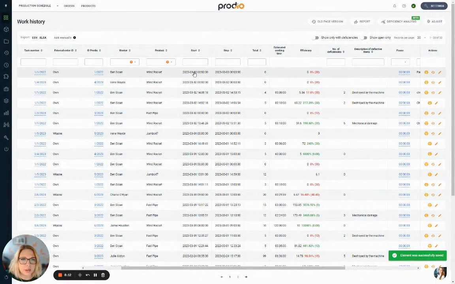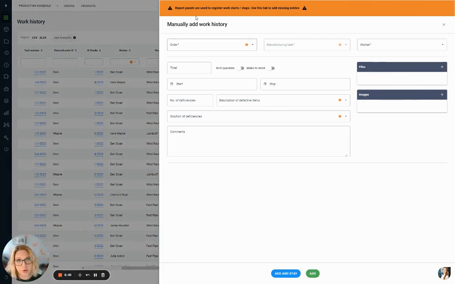And as you can see, you will have the information here that actually this entry is empty. Okay, so what to do in case your worker forgets to register the start of the operation, or some emergency situation happens and you won't be able to make it by Prodio. You can click Add manually, but to register the work, we recommend to use the production schedule, the worker view,